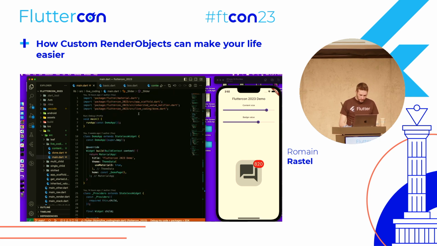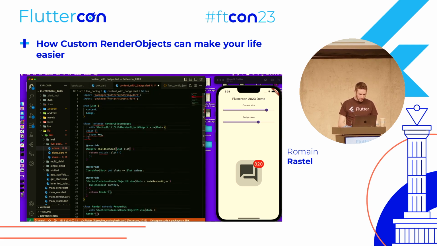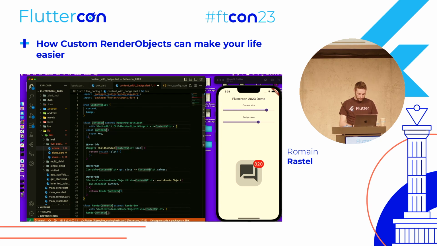I will just change here. I have my widget which is correctly working, and I change the name here. Okay, so that won't work. And then here I will create my render object. To make things quicker, I have a snippet here. So I want to create a content with page